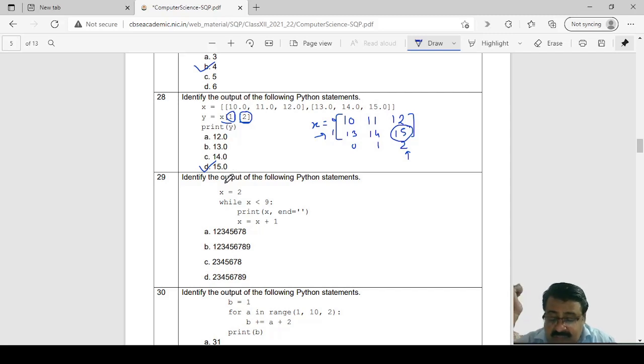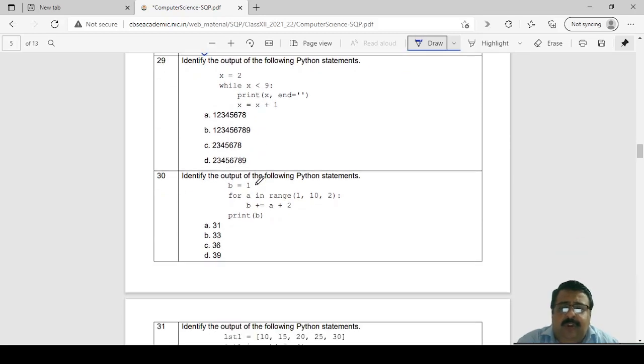Now question number 29. Identify the output of the following Python statements. X equal to 2, while x is less than 9, print x with end equal to a blank string. Then x equal to x plus 1. Now, the starting value of x is 2.